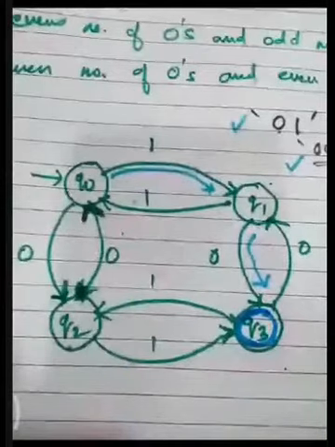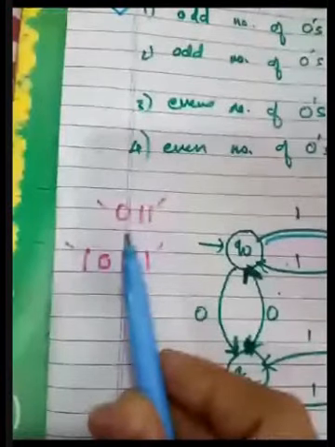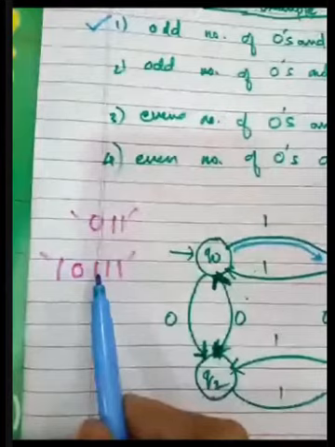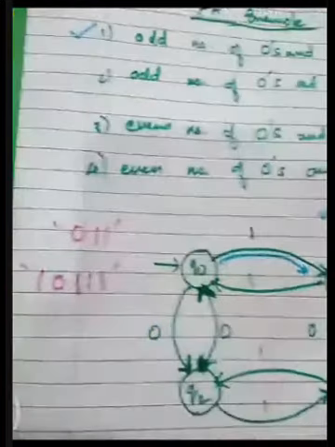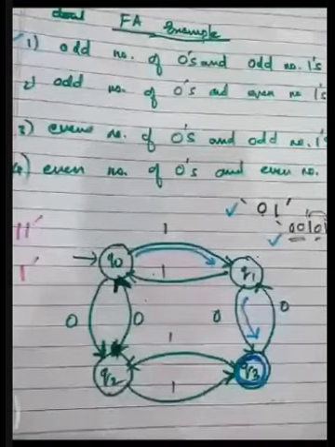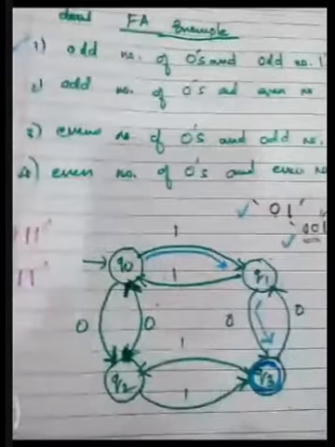Now we are moving to the second case, that is odd number of zeros and even number of ones. So I have written two examples here, 0, 1, 1, so odd number of zeros and even number of ones. The second example again has an odd number of 0s and 4 ones, so an even number of ones. So for this case again we are interested in the diagram. This is the diagram from the first case. I am not drawing it again, otherwise it would be repetition.